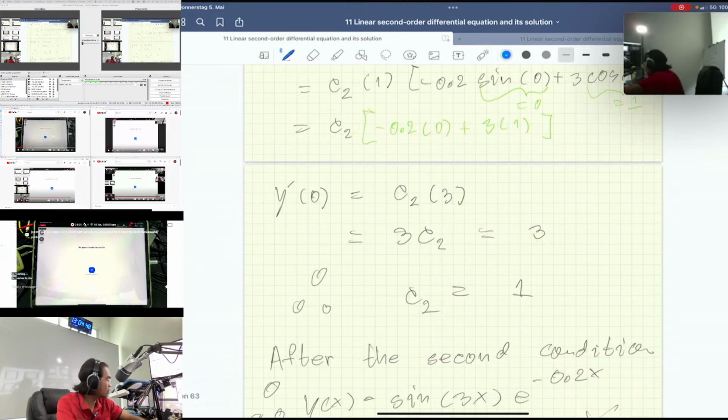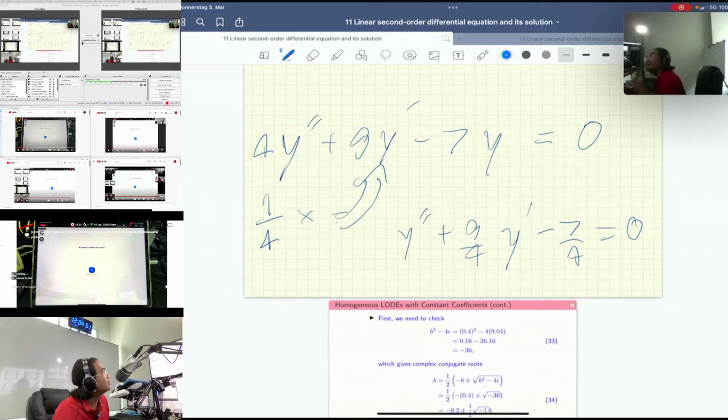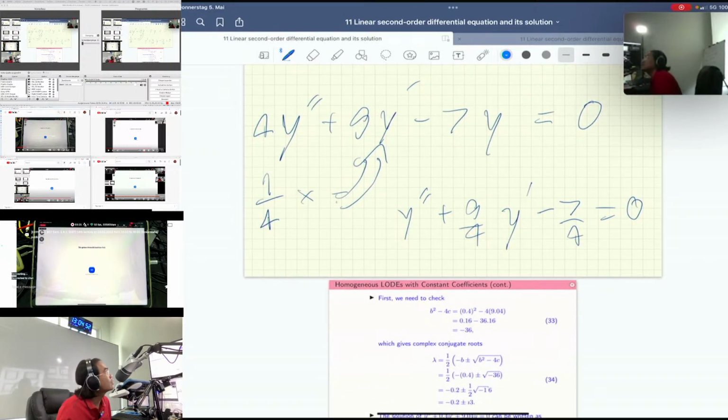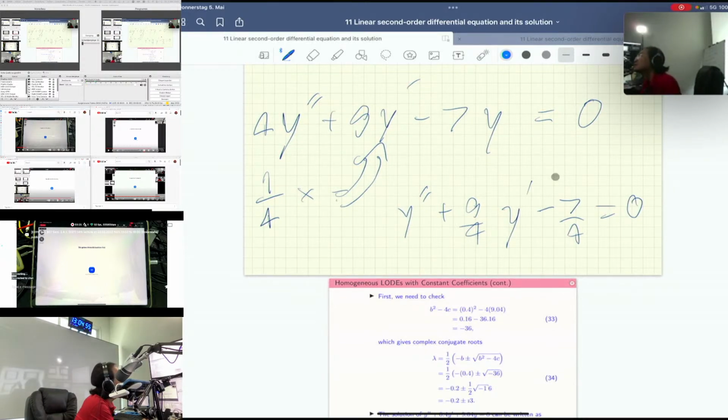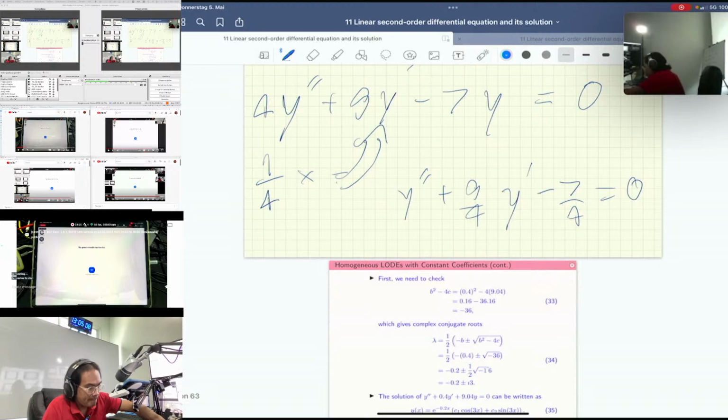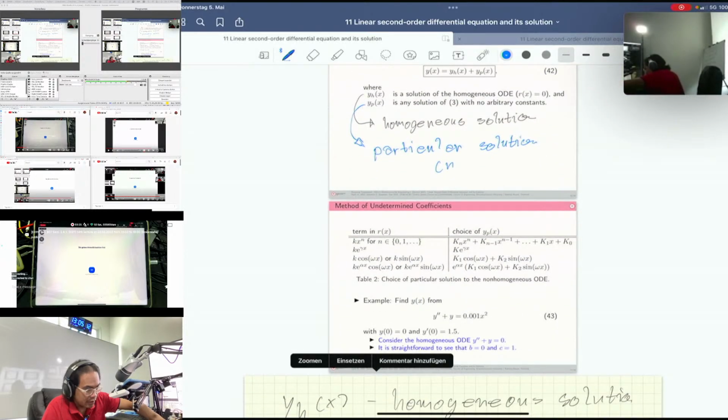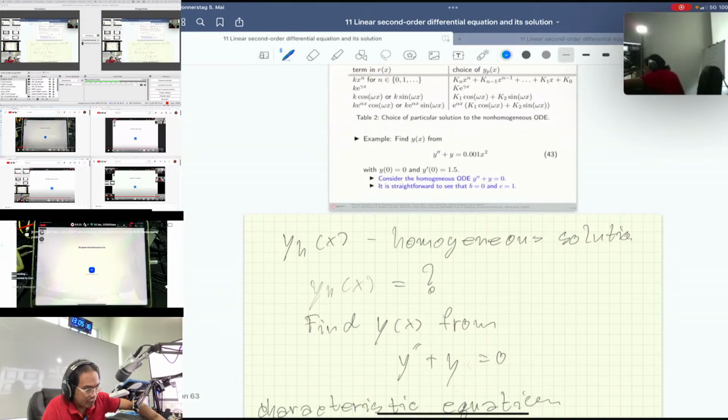I may need to open the chat box right here, and I'm going to see it every time. Okay, and we arrive at the technique of the method of undetermined coefficients, right? And we have already solved